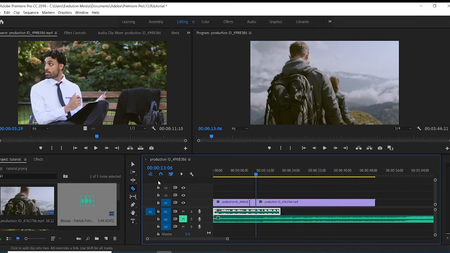So I cut it like that, and then I release my tool, and then, oh, sorry, I actually cut the video. So you should also be taking note of it. I actually cut the video, not the audio. So I'm working with the audio, and I mistakenly cut the video. So what I want to cut is the audio, not the video. So what I will just do in this case is press Ctrl Z. I actually pressed Ctrl Z twice, and it actually undid what I did before too.